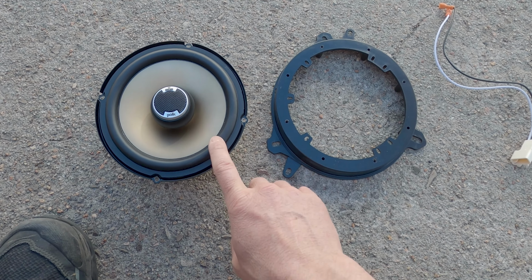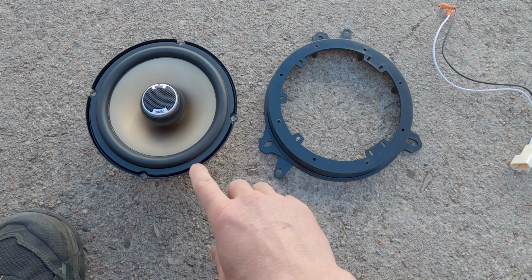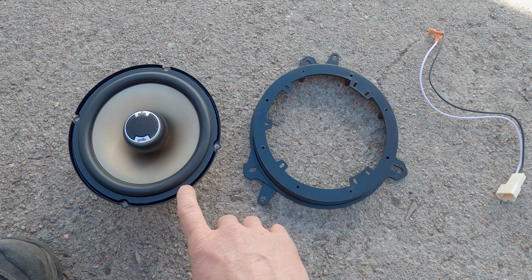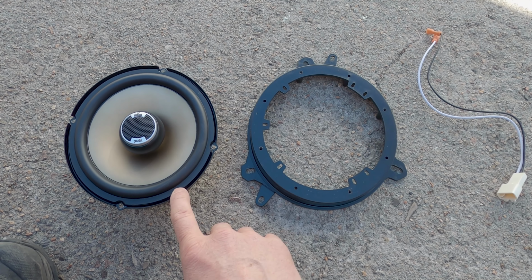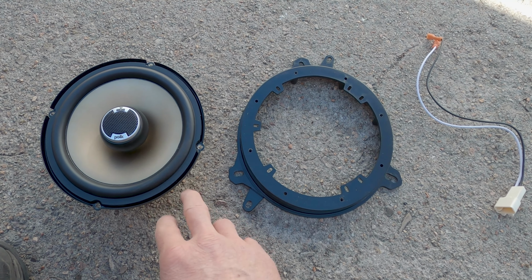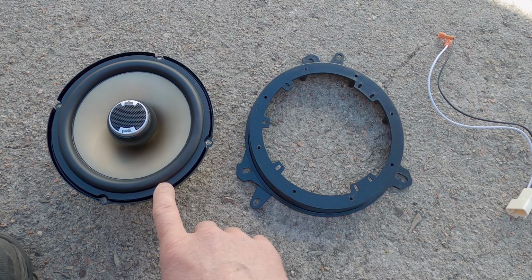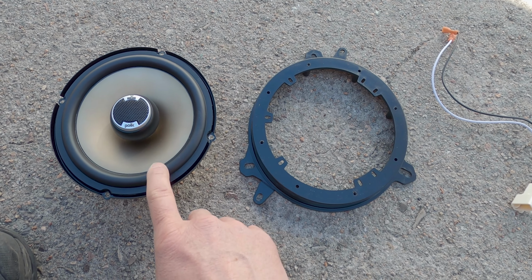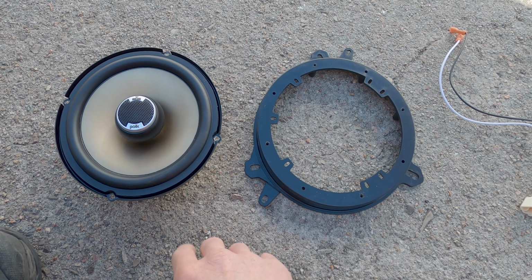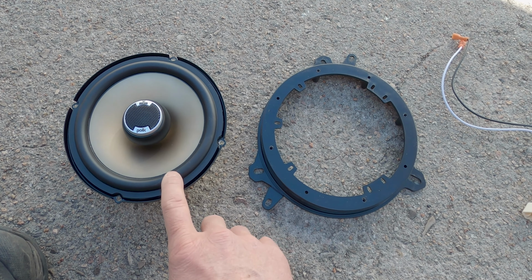So for example, I have a Polk 6-inch Marine speaker here. These are actually really good. The sound quality is great on them and everything else like that. I think they go for like $80 new or something like that, but I picked these up off of eBay for like $40 each. So I mean $40 for a pair. It took me a little while, but if you hunt for them, you can get these used at a pretty